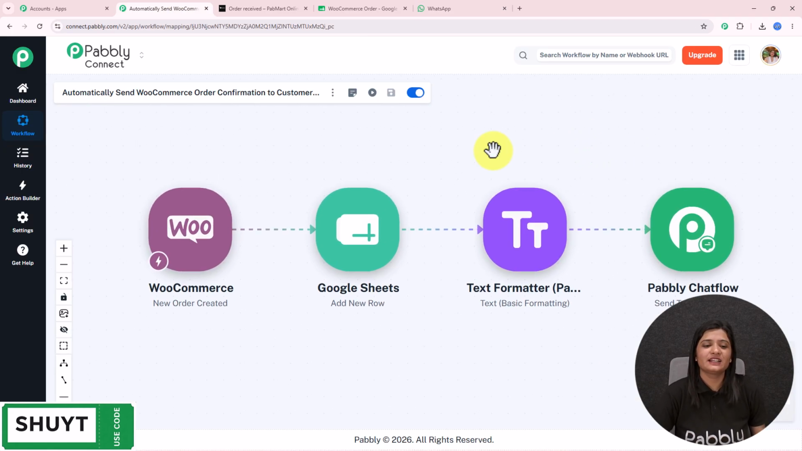And this is how we have built the connection between WooCommerce, Google Sheets, and Pabbly Chatflow or WhatsApp using Pabbly